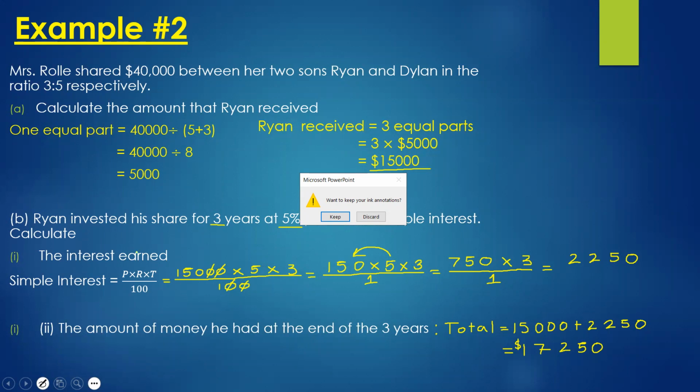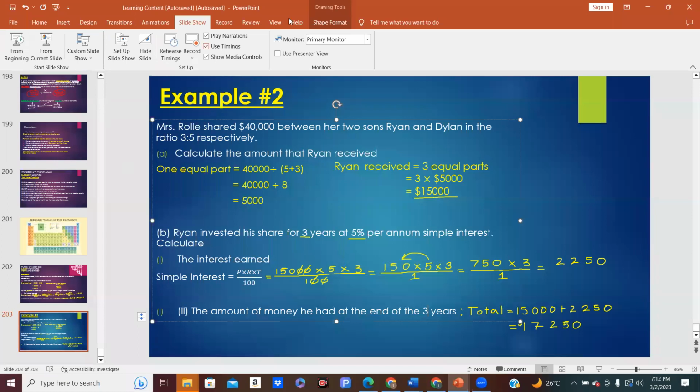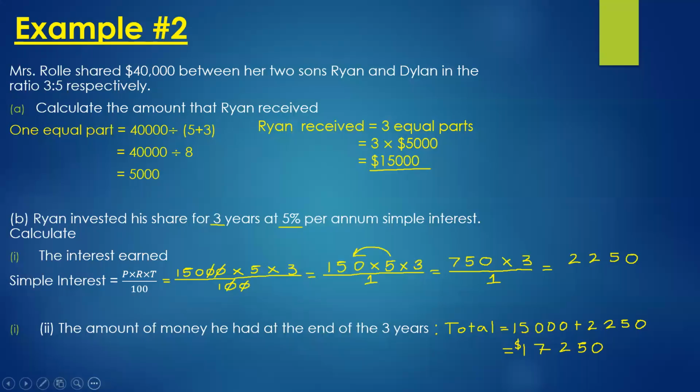But before we do, Moesha, where's Moesha? Can you explain to me example number 2, please? For A, you have to find one equal part, which will be equal to 40,000 divided by 4 plus 3. And when you divide that,